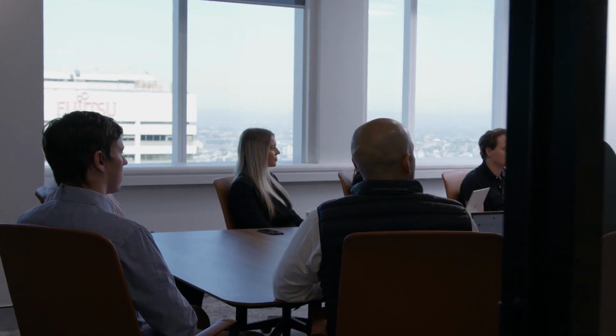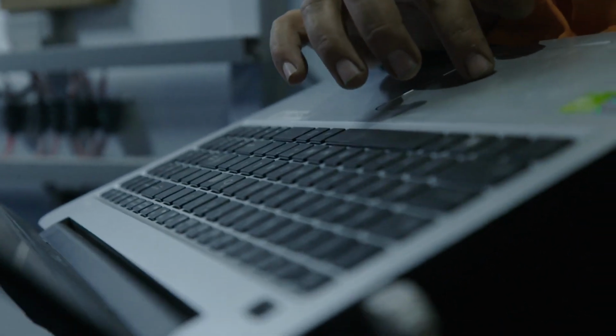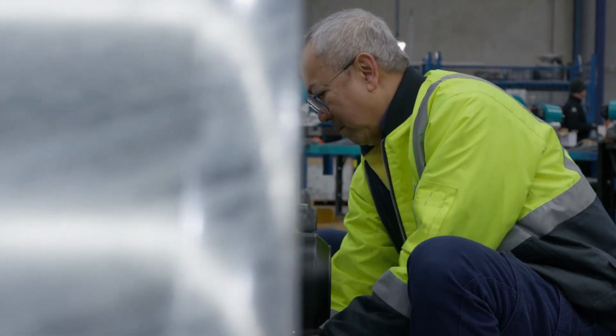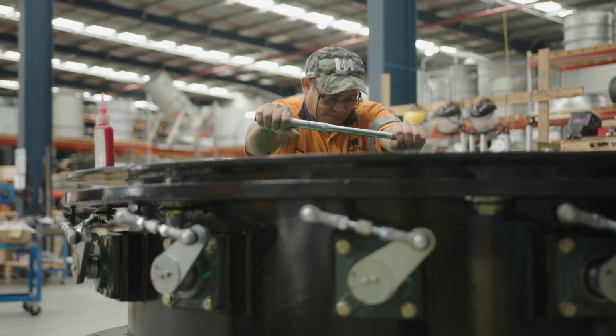It's a 6-star service that we offer, and that comes through in everyone that has a touch point with the customer. It means that they can then give you an order and they know that what I've said in sales will be carried through in projects, it'll be carried through in production, it'll be carried through in everything to do with Minetek. So they can trust us that we're going to do what we say when we say,